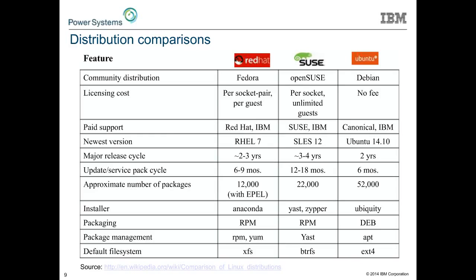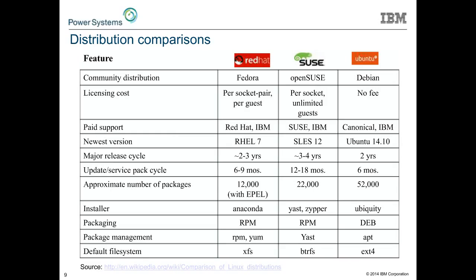And then if you start digging in another layer, what's the default file system? Well, for Red Hat, it's XFS. For SUSE, it's ButterFS. For Ubuntu, it's ext4. So you start to see, while there are all of these common packages that get distributed, get bundled up, the flavor of how they get put together, what the default configurations are, how it gets to you, all differ. And so, this is something one must consider in picking a distribution.